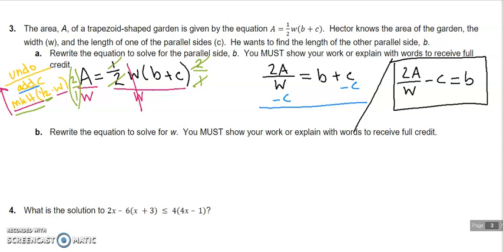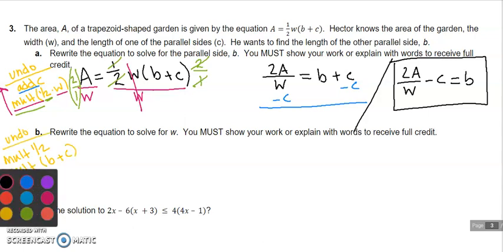Rewrite the equation to solve for W. You must show your work or explain with words to receive credit. Okay, so now we want to solve for W. So we're going to have to ask ourselves, what is happening to the W in this original equation? Well, W is being multiplied by 1/2, and it's being multiplied by B plus C. So if we start with what we know,